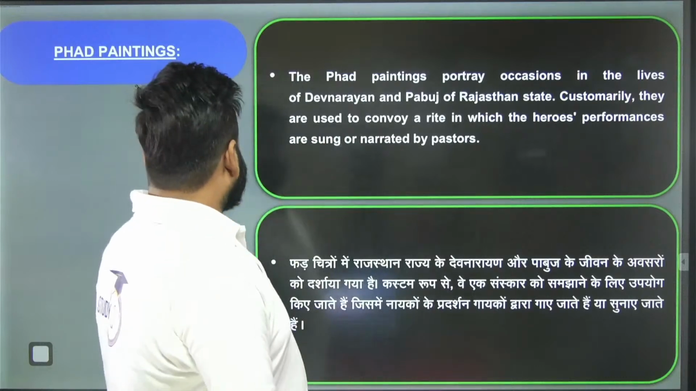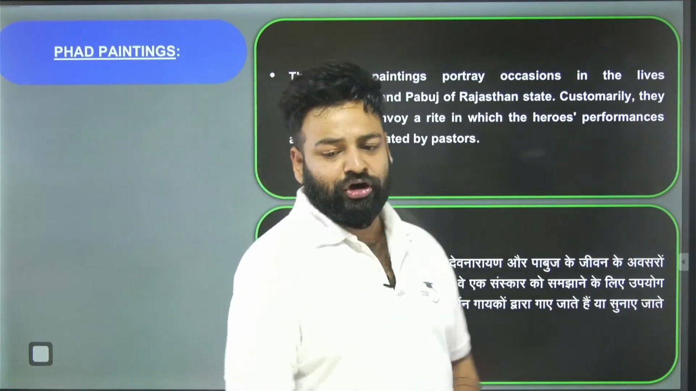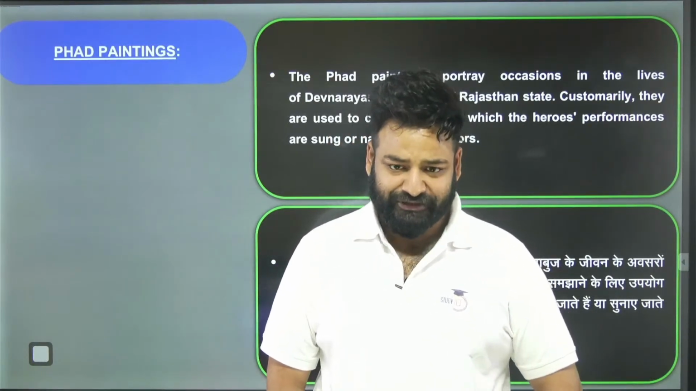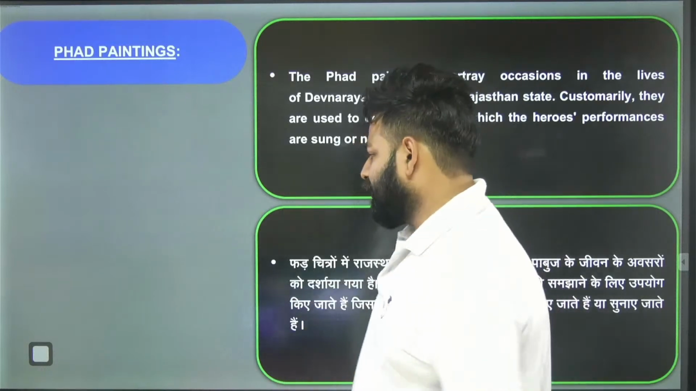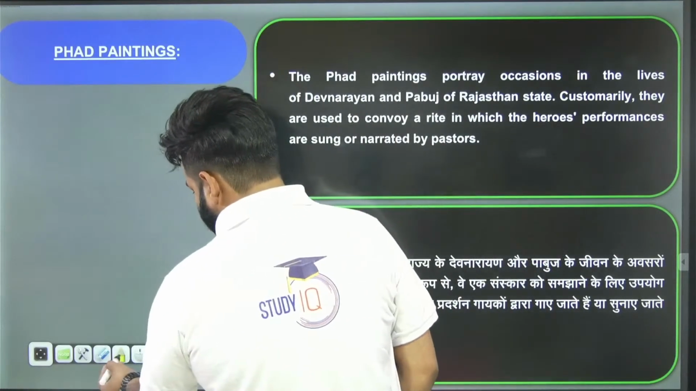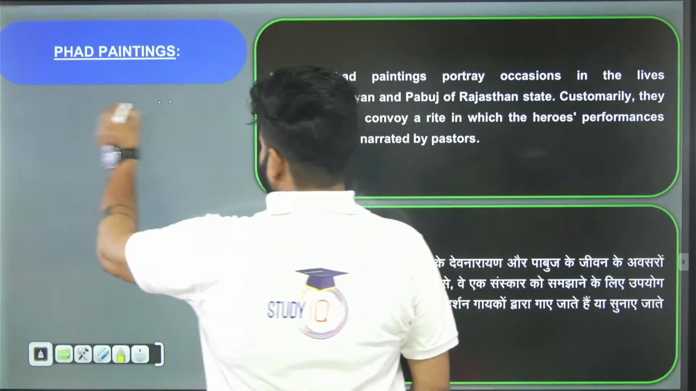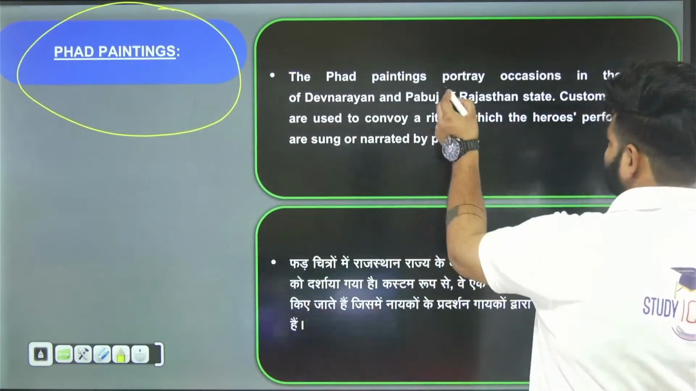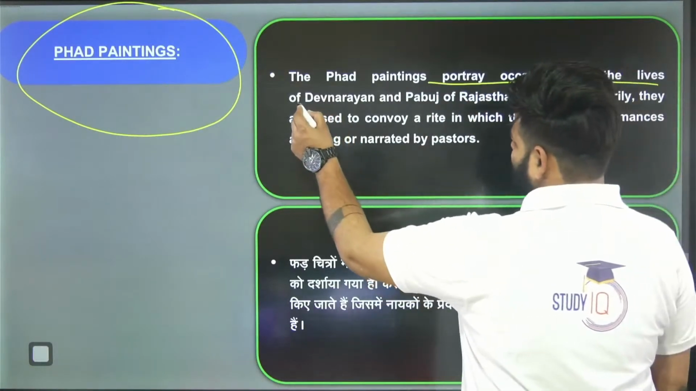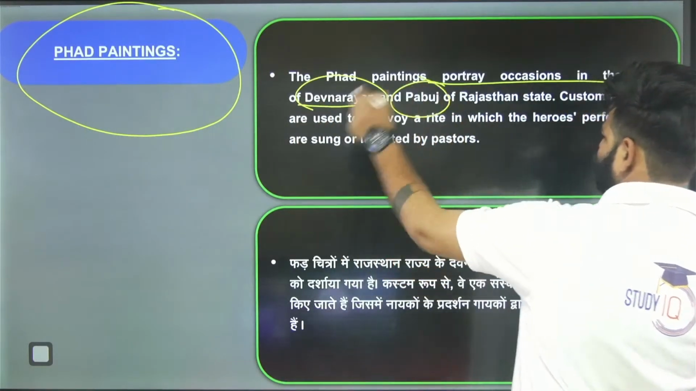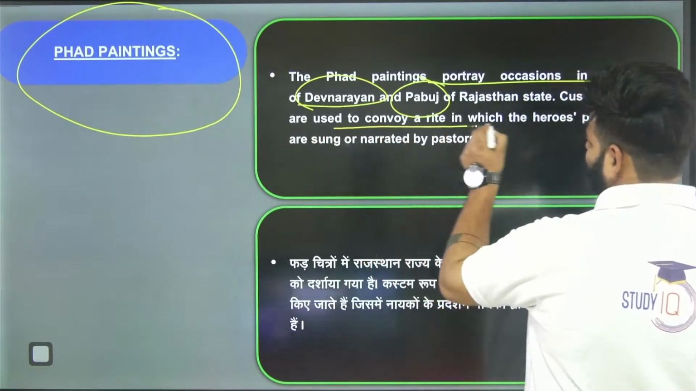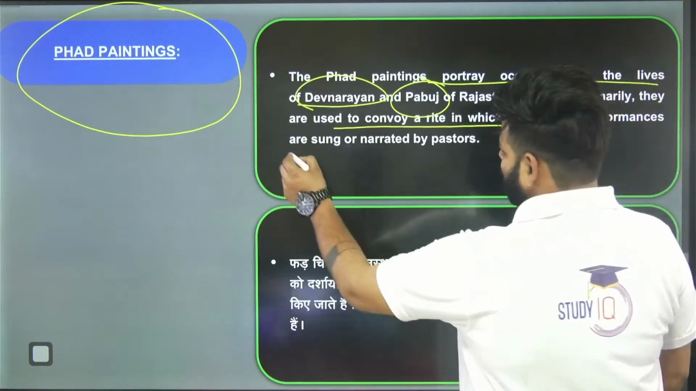Next, the different variations or offshoots in the Rajputana school of painting. What are they and how are they? So the first offshoot that we are going to discuss is the Fard school of painting. The Fard paintings portray occasions in the lives of Raja Dev Narayan and Pabuji of Rajasthan. Apart from that, customarily, they are used to accompany a scroll in which the heroes' performances are sung or narrated